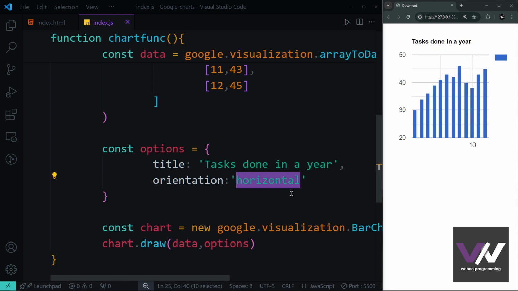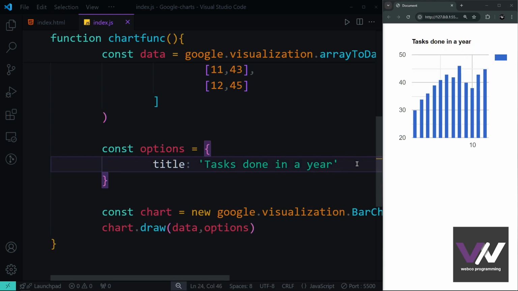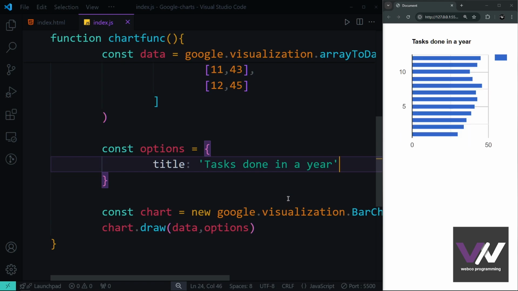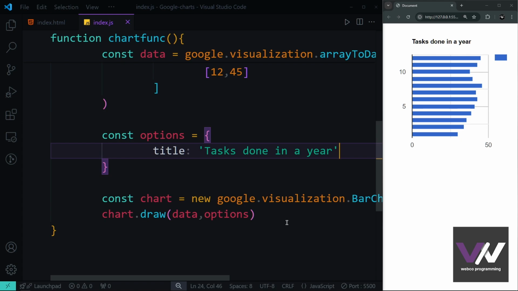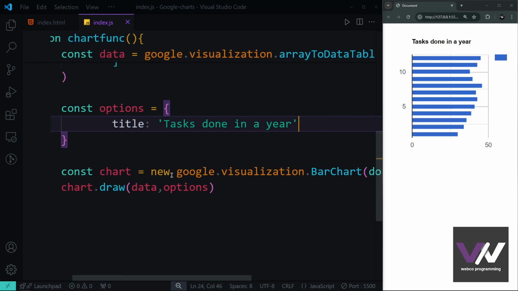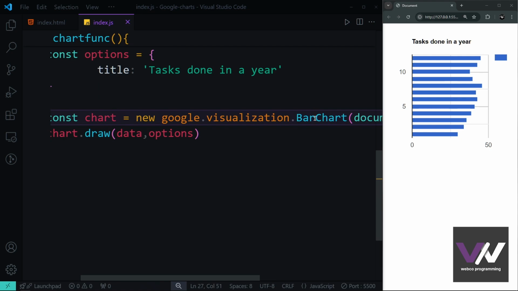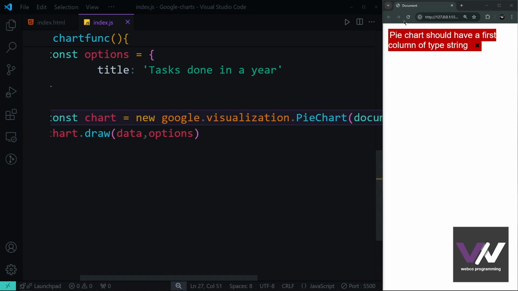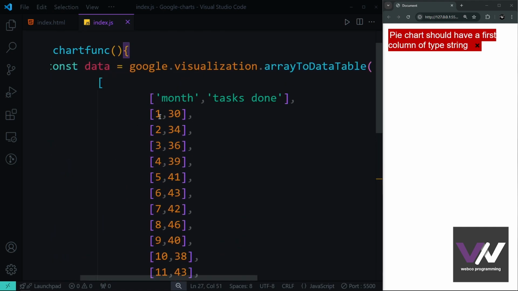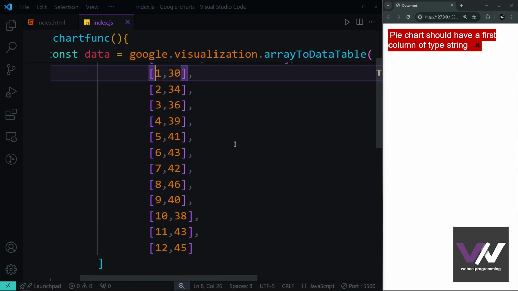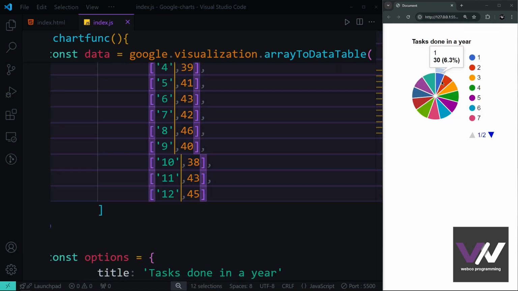Now let's get rid of this orientation property that we have right here and talk about our pie charts. For creating pie charts, it's very similar and the same as our bar charts, but with a little difference. Instead of using this class of BarChart right here to create our chart, here we need to use this PieChart. And by using this, you can see that we got an error: pie chart should have a first column of type string. Because these ones are numbers and not strings, we got that error. So we make these strings, and now you can see that we got our pie chart right here,